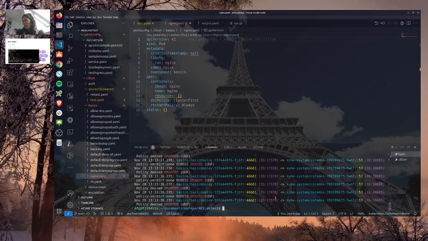And you can see the traffic that is dropped to reach core DNS, which is why it does not resolve the DNS, and that's why it's not working.